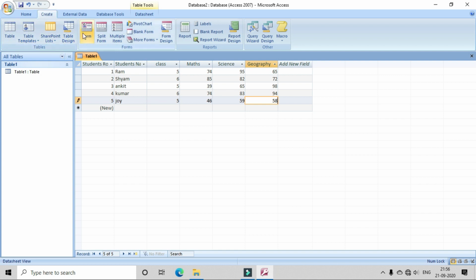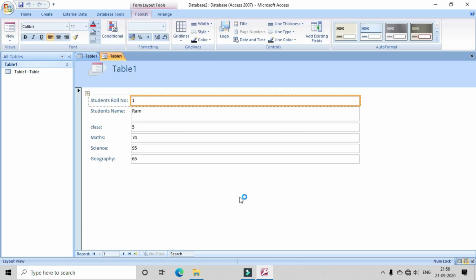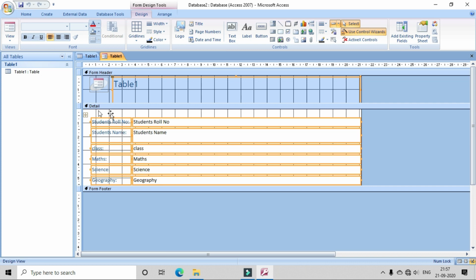So you have to click on form. As you click on form, the default layout of the form will appear in front of you. Same in form also, you have to click on view, go to design view. As you click on the design view of the form, you will get this option.